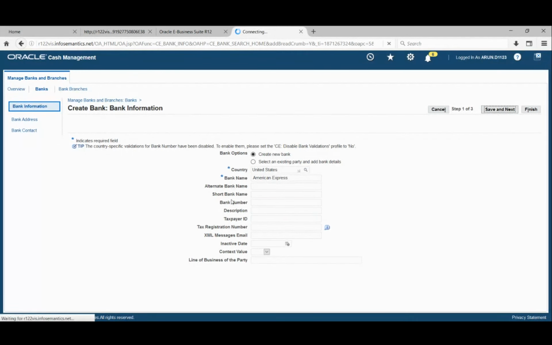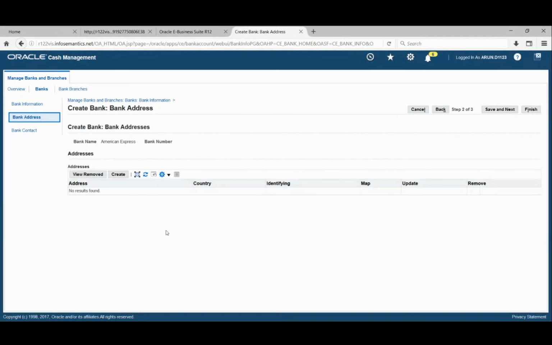There are more details that we can capture, including the address and the contact person, such as the manager or any other contact person, if I want to add. The bank address we are speaking about is the corporate address of the bank. When we create the bank branch, we will have the same fields again, which is the actual branch where our account is maintained.